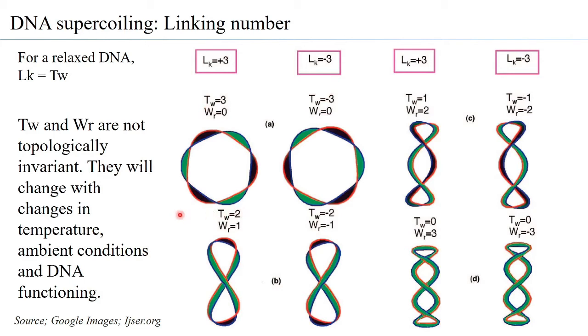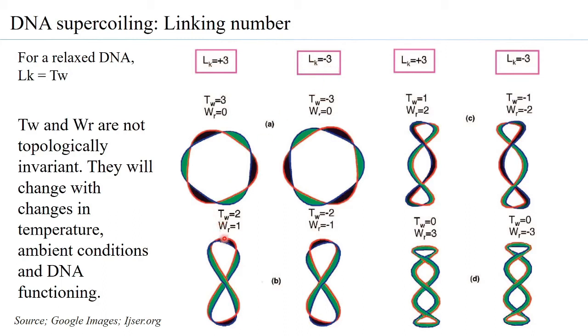If you have this closed circular covalent DNA, this is one twist, this is the second twist, and this is the third twist, correct? So for this DNA which is relaxed, the twisting number is 3. Since there is no writhing number in a relaxed DNA, the linking number is always equal to 3. Now you have the same closed circular DNA, but if the twists are towards the right, then you indicate it as +3. And if the twists are towards the left, then you indicate it as -3.